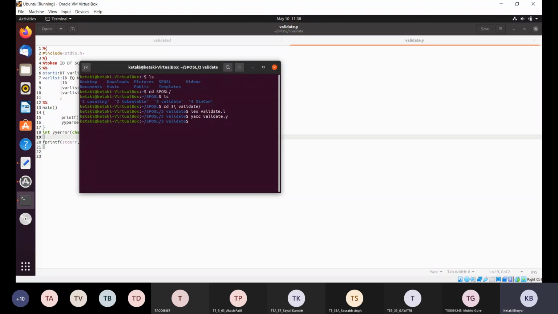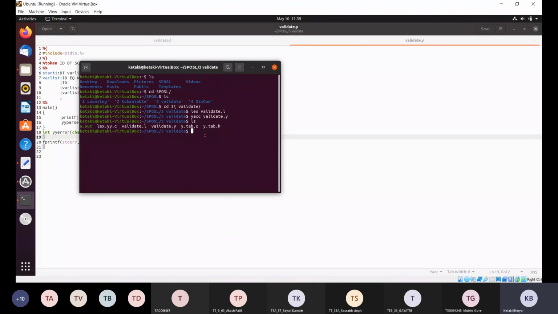They will generate the two files like I showed you. Which two files will it generate? We can see lex.yy.c is present here, then y.tab.c is present here, and y.tab.h is also present here. So y.tab.h will be included and imported by the .l file, that is the lex file.